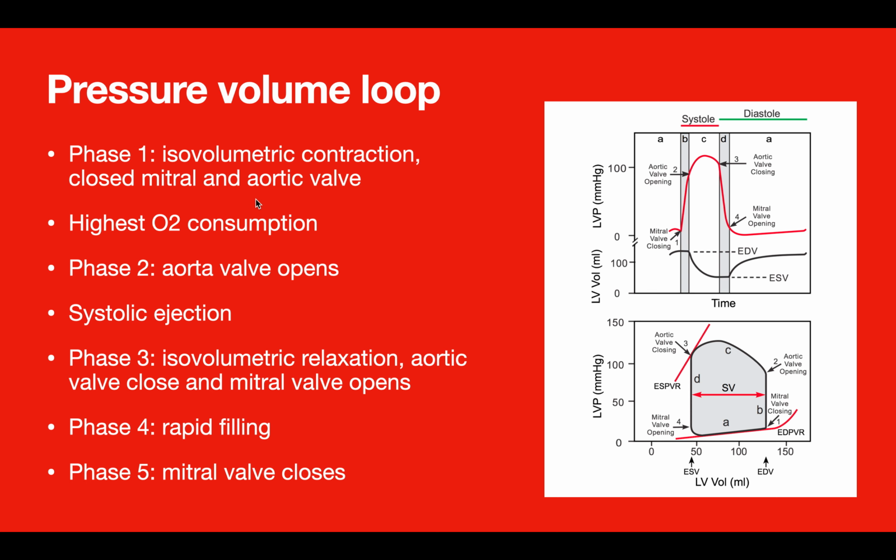But since it's also the longest period of filling, the heart works a little bit more. So in the second phase, the aortic valve will open, and then this is going to be